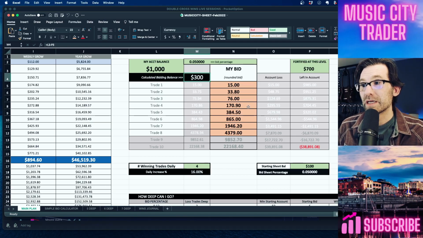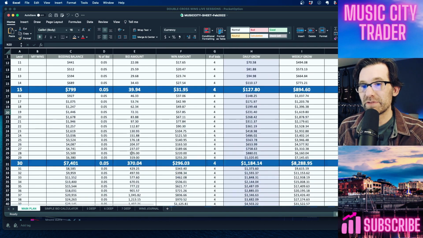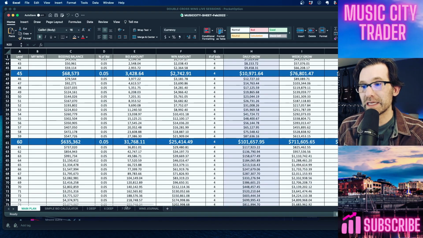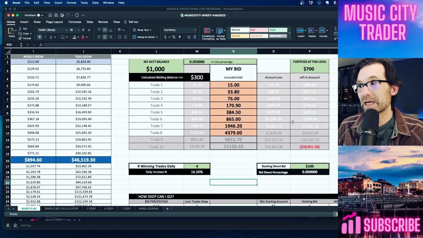This is the spreadsheet, it shows you what to bid, how many wins you want to do a day, how much growth you're going to take each day, what your income's going to be in 15 and 30 and 45 and 60 days. I've seen nothing like this on any other trader's website, and none of this has anything to do with the method that says